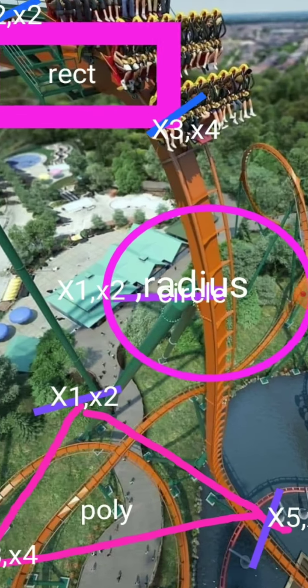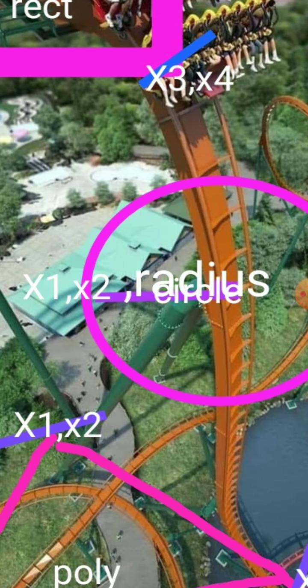And next is circle. For circle, again this is x1 y1, so you keep the mouse over this area, in the middle, the center point. While writing, you have to note the point x1 y1 and the radius, like if you want a circle having a radius of 50 and so on. So you write x1 y1 and radius.